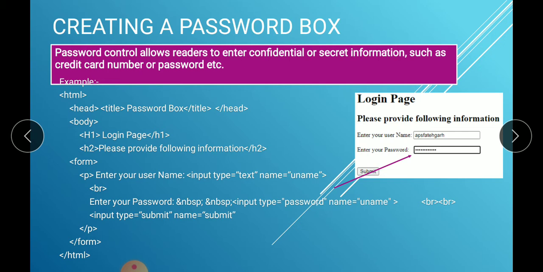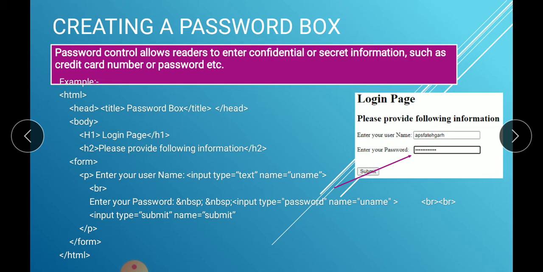But while you are entering the password, it will come in the form of asterisks. That means nobody can view it. Only the person entering it has knowledge of it, but the values cannot be visible. So how can we create this type of box in our HTML program?